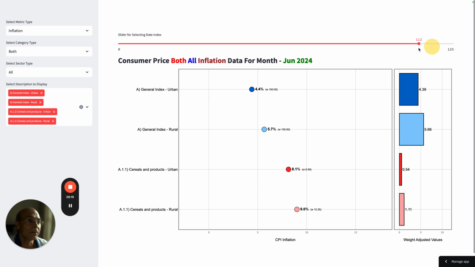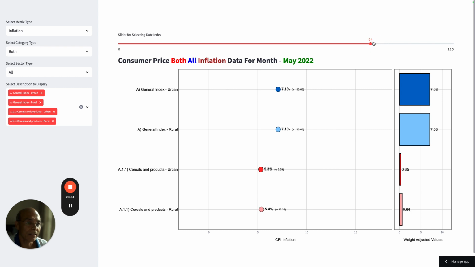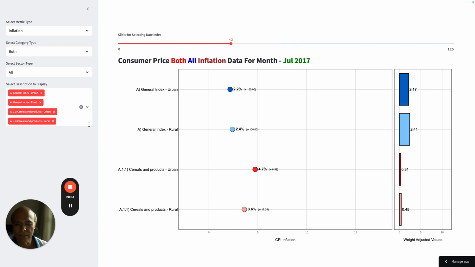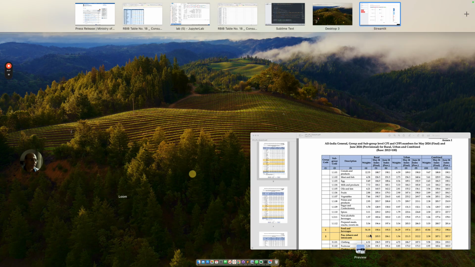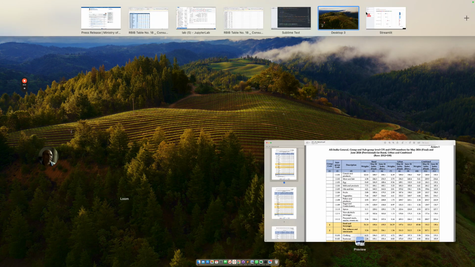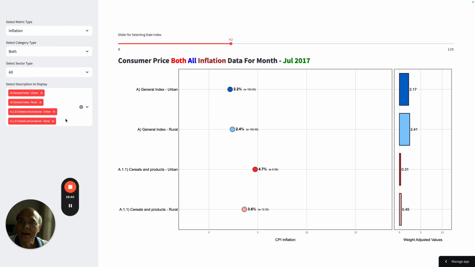And if I go down below to the future dates, you'll find that you have to check, because there is not much time here to talk about, and since you will have access to this tool, you can do it yourself. One more item, let me do the milk item, because milk has a weight of how much? Milk has a weight of 5.33, almost at par with cereal. So let's do that, and then I'll close.